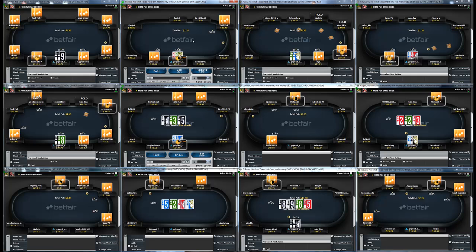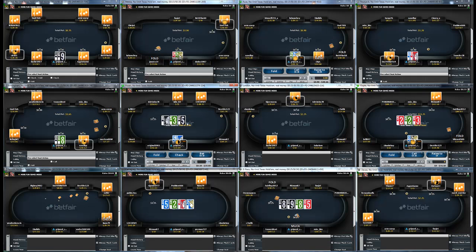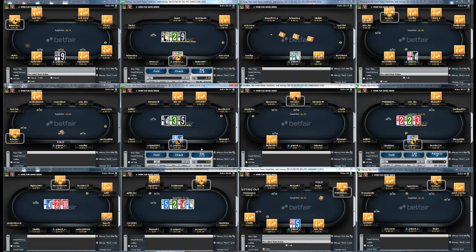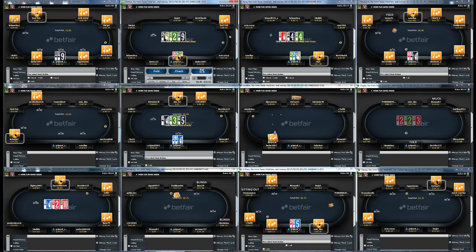Get him off all of the hands that I would have got him off on the flop with a raise anyway. So I just kind of gave myself a cheaper bluff there, and a chance to see if I made my hand too, which is always cool. Okay, so